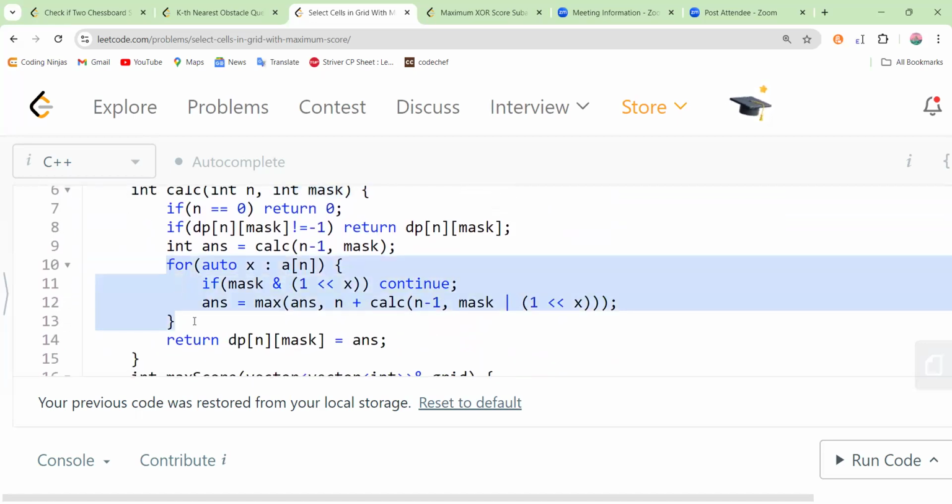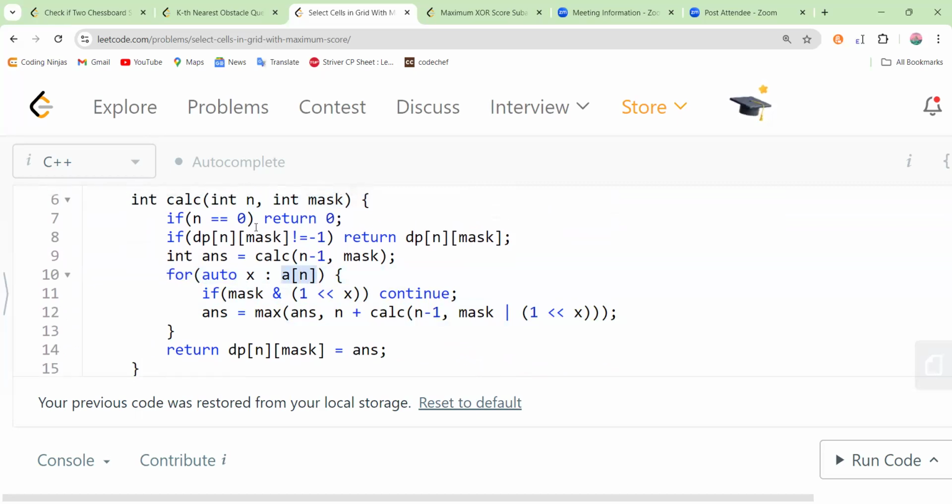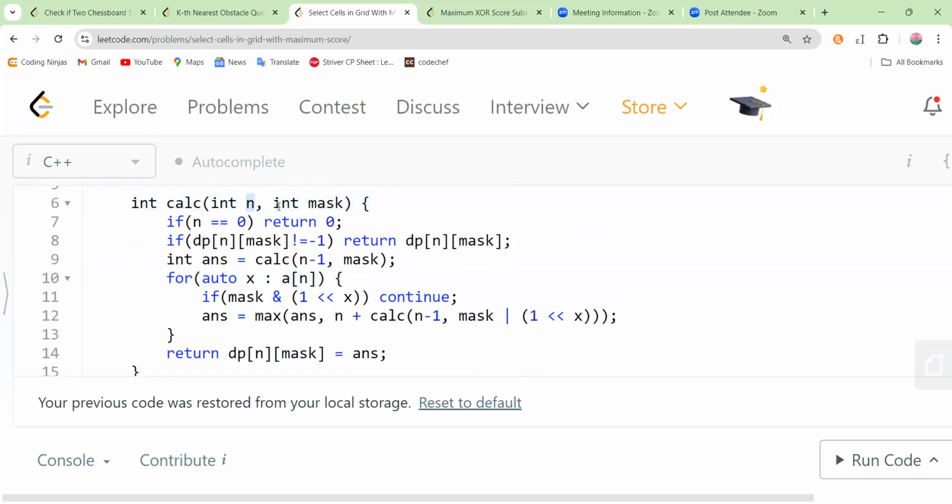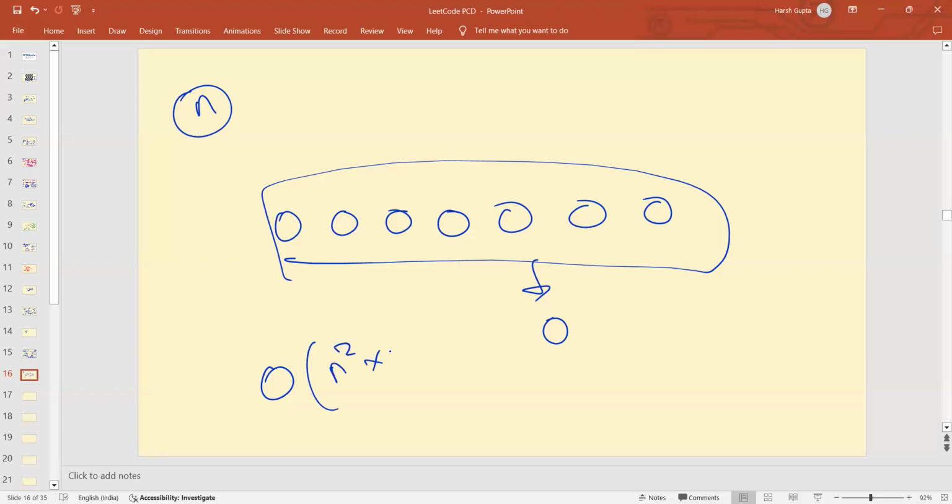And for transition, the maximum transition time will be 10, because the maximum number of rows where this particular number can come is 10. So you can say that the total time complexity is n multiplied by 2 power n multiplied by n. And looking at the constraints, the value of n is given as maximum 10. So you can say that your answer will be,